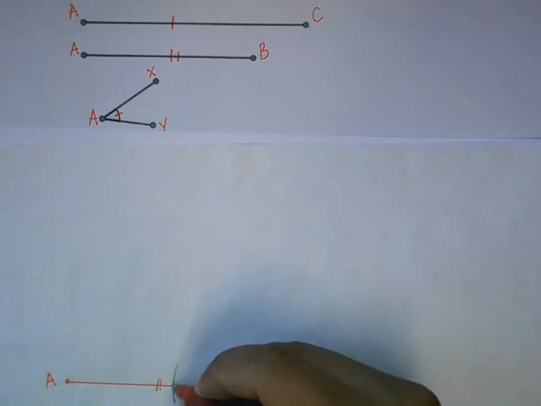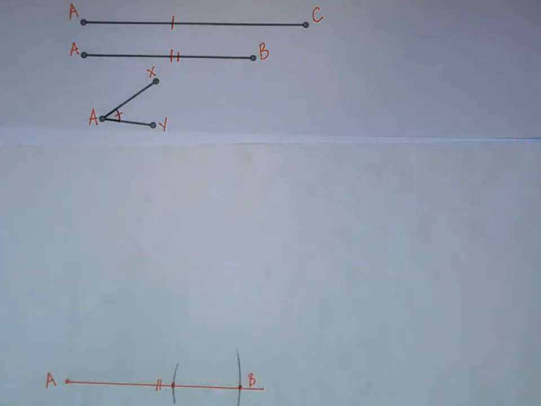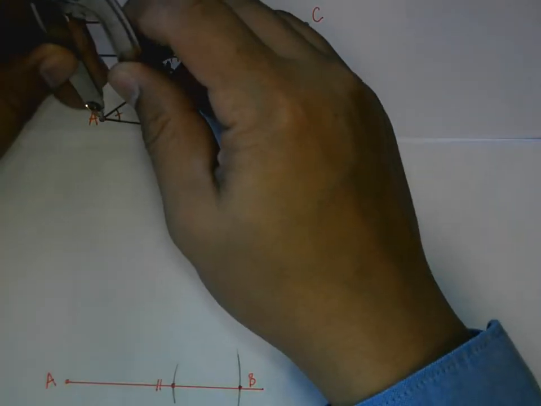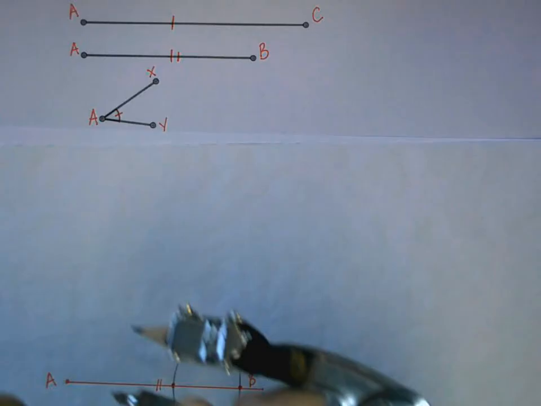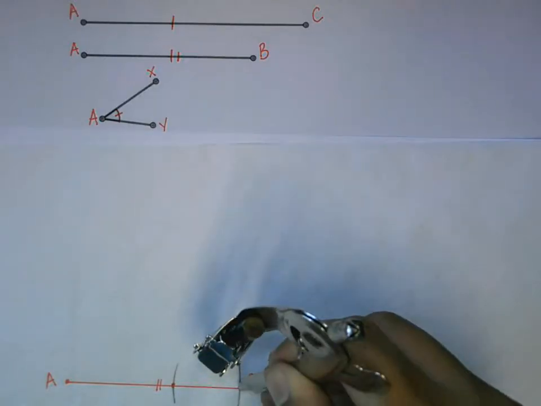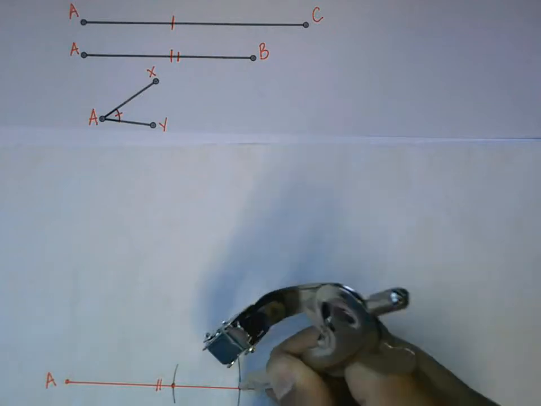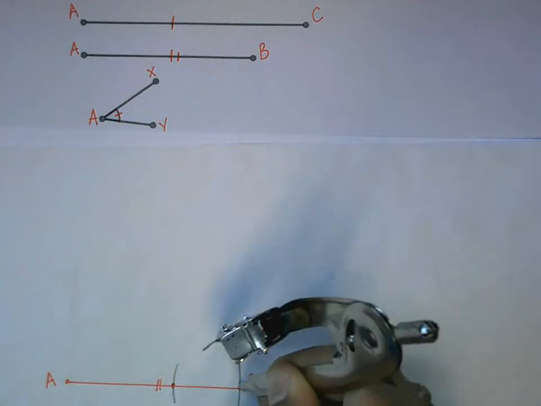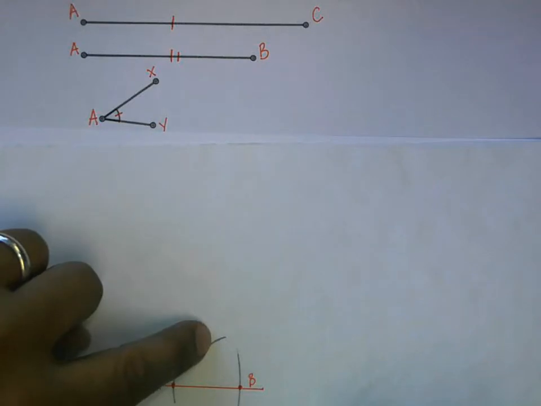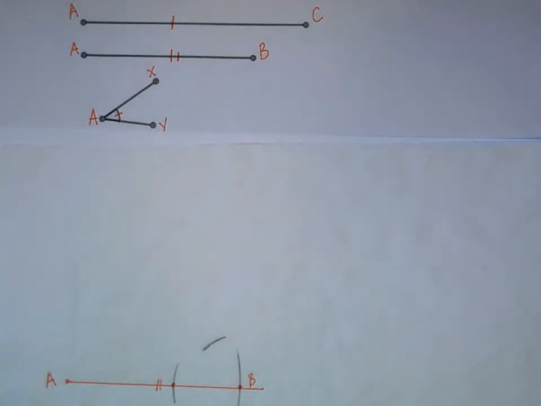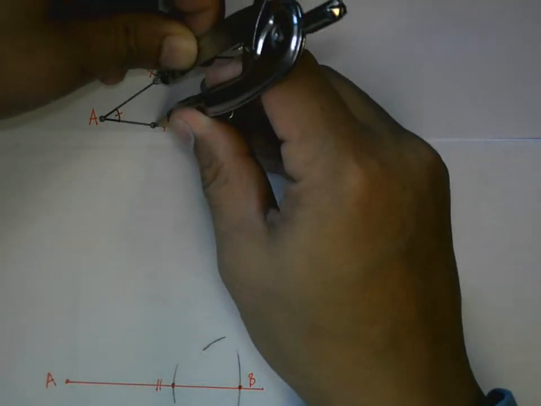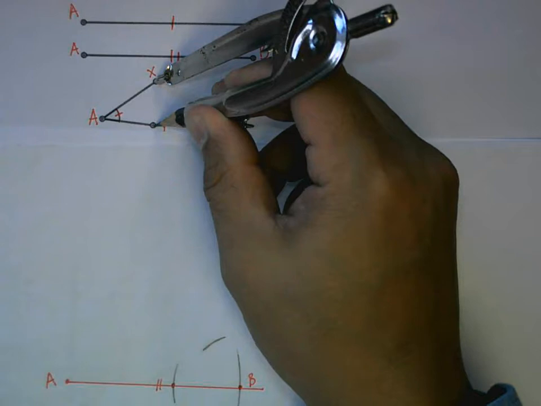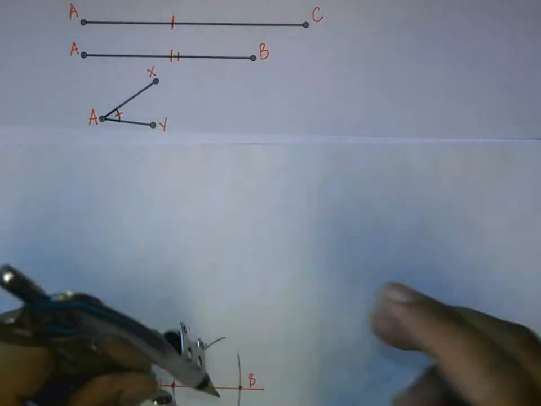Okay, so this is the location of my X, right? And again, I'm not labeling that X just because I don't want to clutter the picture. Then the needle on A, the pencil on Y, transfer it over, and draw this arc here. So now I know that Y must appear somewhere on this arc. To pinpoint it, I'm going to put the needle on X, the pencil on Y,